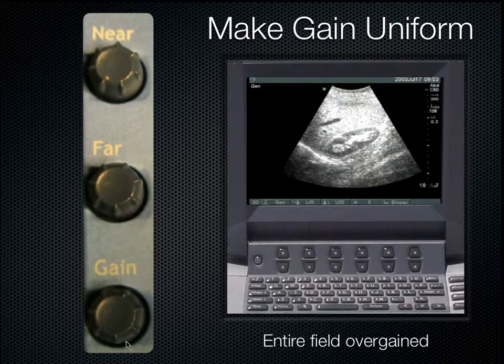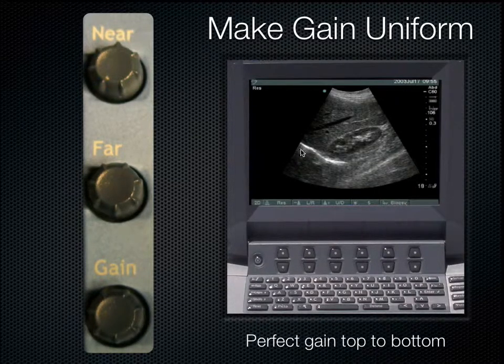So what I'm going to do now is I'm just going to back off that overall gain until the gain gets perfect. Now I can see that the number one most echogenic structure on the screen is my diaphragm, followed by the pelvis or sinus of my kidney, followed by the liver architecture, followed by the renal cortex, and then the least echogenic thing on the screen is going to be this hepatic vein. And so you'll see questions like that come up on certain exams where they want you to rank everything out in terms of its